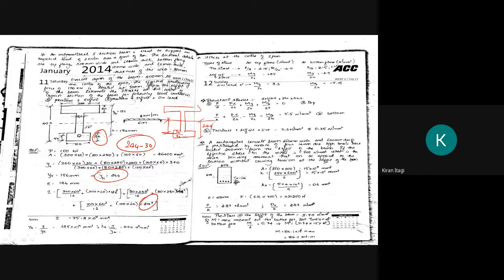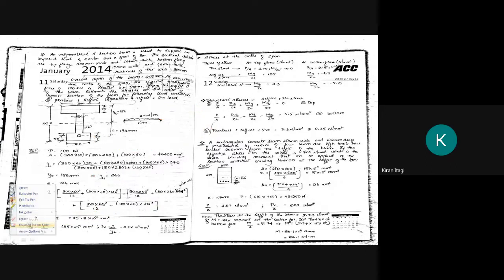Therefore, the 30, what you do, 244 minus 30, you will get 214. Okay. After doing all the calculation, you will get the value of I. Okay. 75 into 10 power 7 mm raised to 4. Now, after getting the value of I, here we have the different ZT and ZB, but in perfectly symmetrical structure,